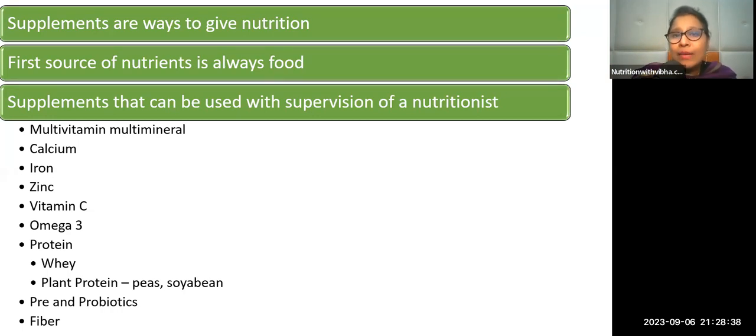We also look at standalone supplements. So one is a multivitamin, multimineral. Sometimes we may require a calcium supplement. If there's an iron deficiency, we require a supplement, most definitely. But I will suggest that you talk to your nutritionist to get the right iron supplement, because iron supplements also lead to constipation. With a lower dosage iron supplement, that will not happen. You may want to look at zinc. Someone has asked me on the group that, my boy is not hungry, he's not eating. One of the functions of zinc is also in appetite. It betters appetite. So maybe we can look at a zinc supplement or a multivitamin, multimineral for the child there,